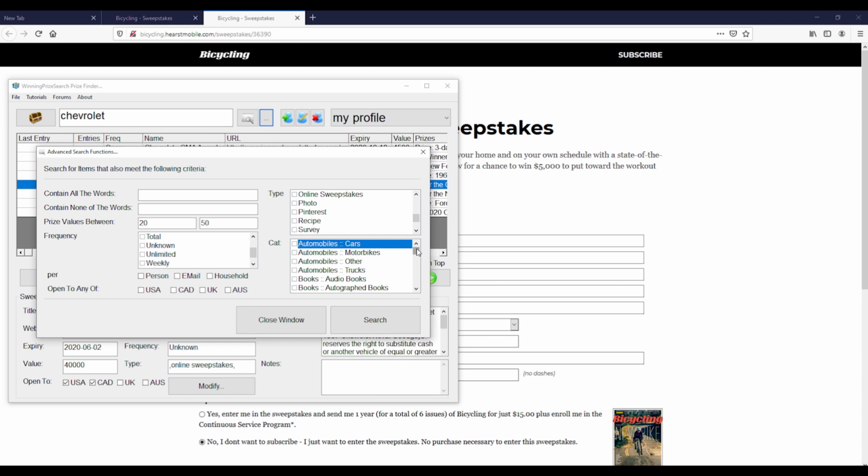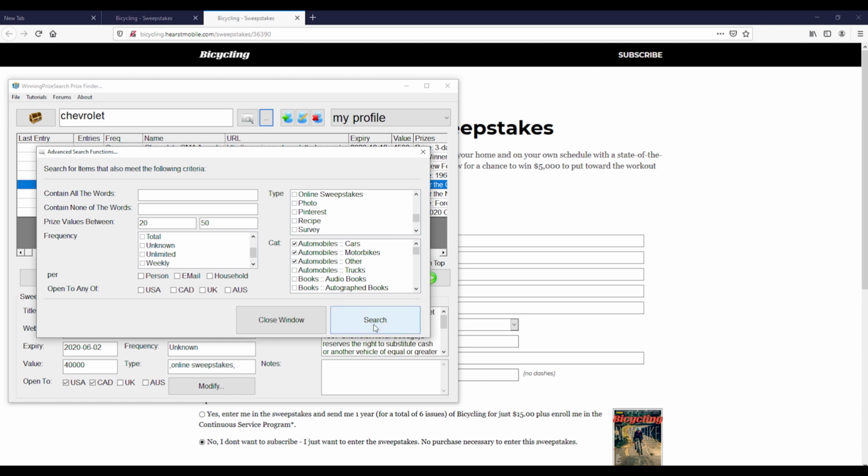Finally, you can choose from a whole bunch of different categories right down here. You can choose multiple categories, so you could say you want cars. If we scroll down, oh, actually we want automobiles as well. We could say we want prizes that have a cash value of $25,000 or more. You could choose clothing, electronics, and so forth. Whatever you wanted. Finally, once you figured all the criteria you want, you click on the search button, and then